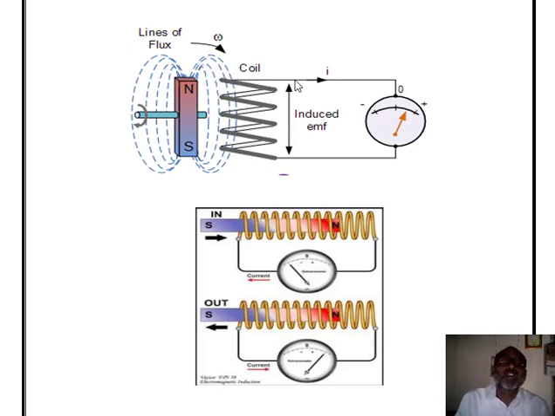Now we are taking one coil which consists of n number of turns, and the number of turns depends on the requirement, which we will see later. Here one galvanometer is connected across this coil. From that we can say that an EMF is induced in that coil. The galvanometer is a very sensitive meter which is operated on the electric current. That means when current passes through this meter, it shows deflection.